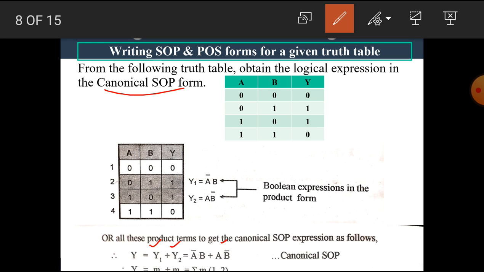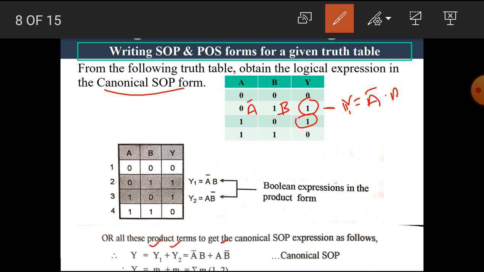Let's see once again. Consider the given truth table. Write the minterms for the output 1 only. That means for this combination, A has the value 0, so here we can write A bar. B has the value 1, so here we can write B. Here we get Y1 equal to